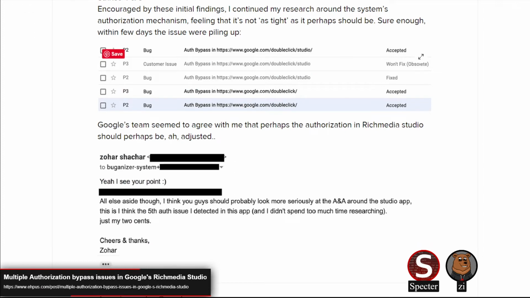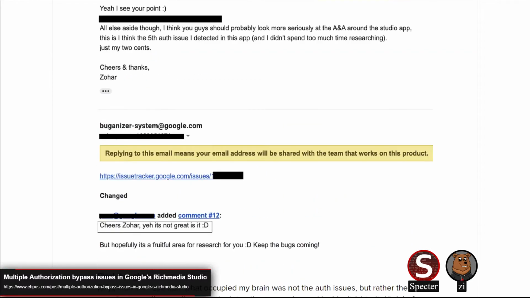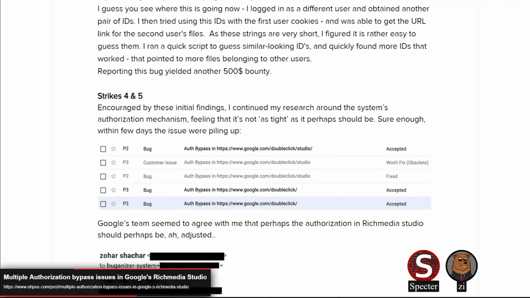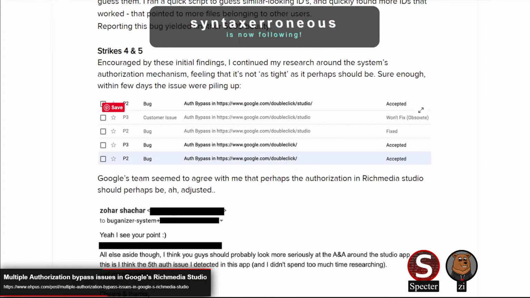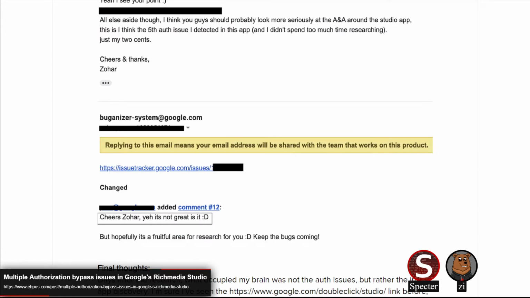They netted $6,000 total in bounties. Issues were kind of trivial. 2 out of 3 were IDORs, and the other one was a logic bug that was really impactful, but didn't require any complex exploitation to get to, which is a bit surprising. Considering this is a Google application, I kind of expected stronger protections against these kinds of attacks.